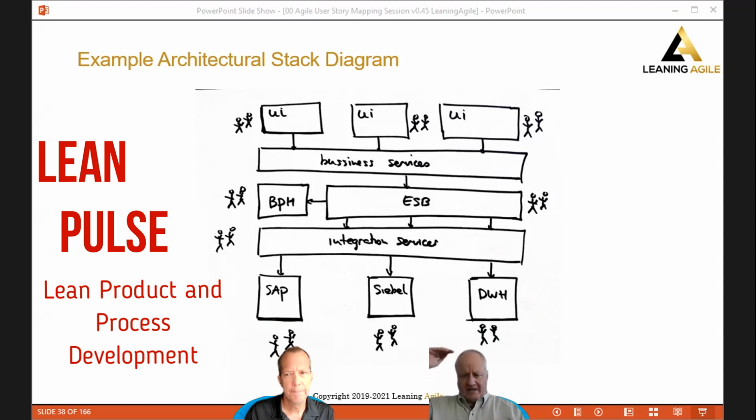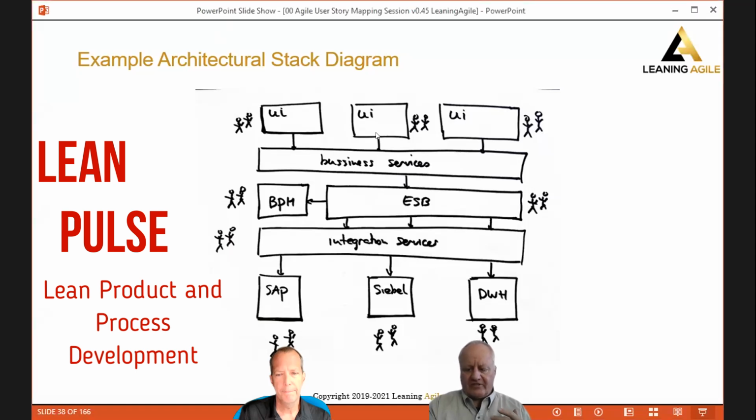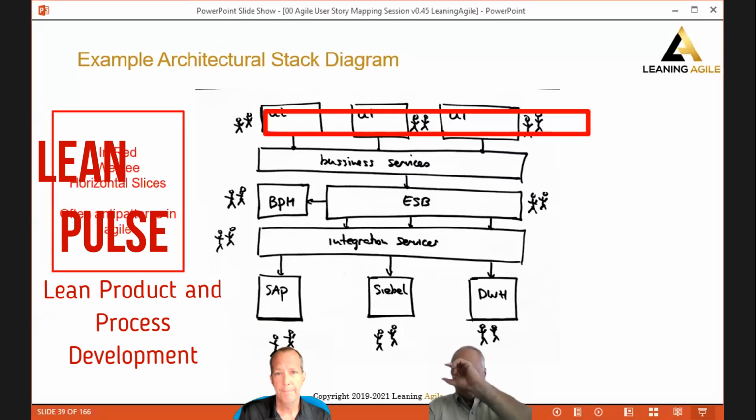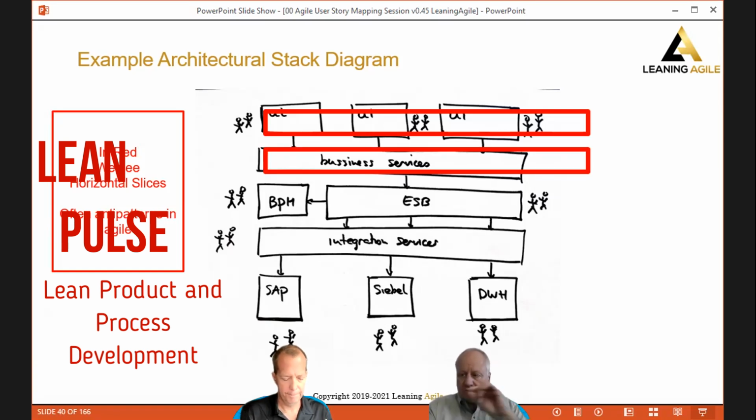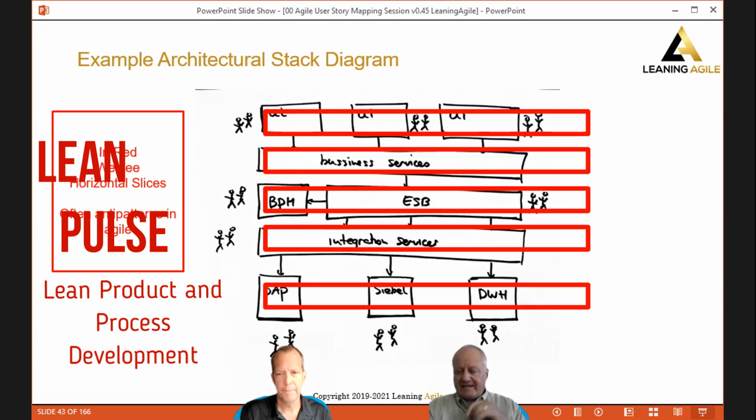In this one, we've got UI, business services, an ESB, business process, integration services, and data on the bottom, SAP, all this kind of stuff. That's a typical stack. It's just a current state thing, relatively familiar. So now think about this. As people are working, there's a lot of folks who create requirements that cut through the horizontal layers of the stack. And that's an anti-pattern